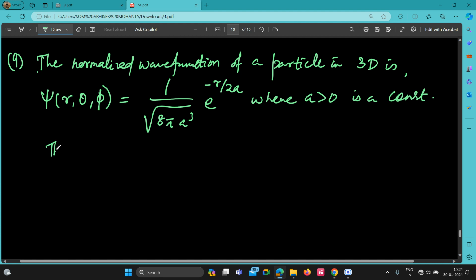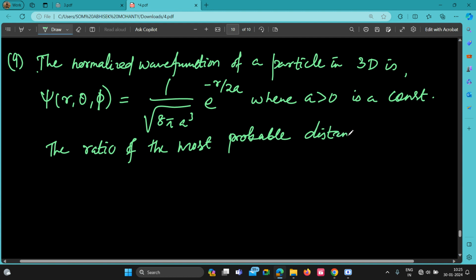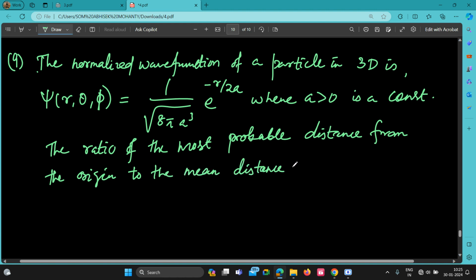The ratio of the most probable distance from the origin to the mean distance from the origin is